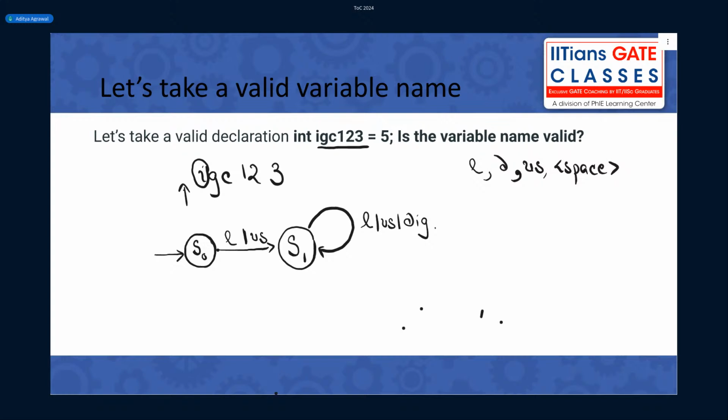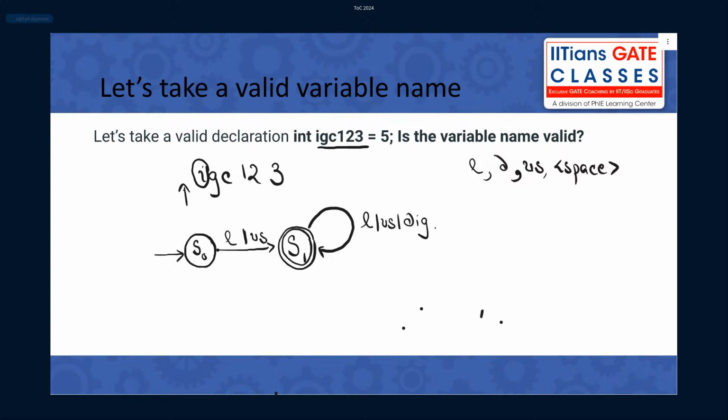So I will denote it by something called a final state. A final state is denoted by two concentric circles, which means if my machine is currently at this position, then I can say that my string is accepted.